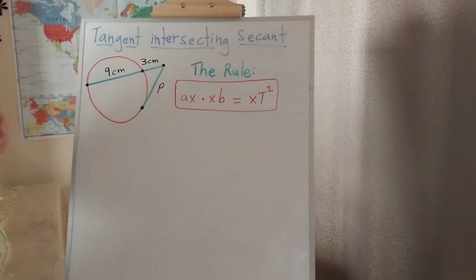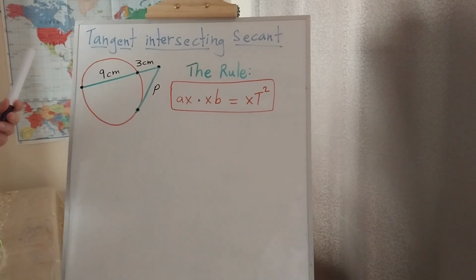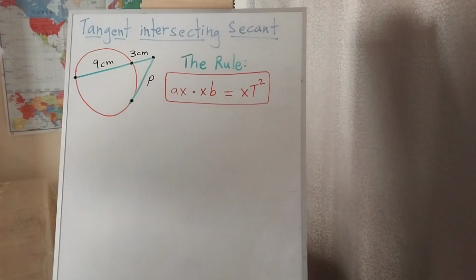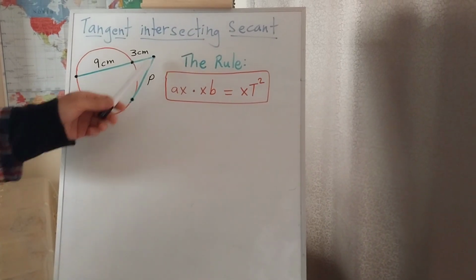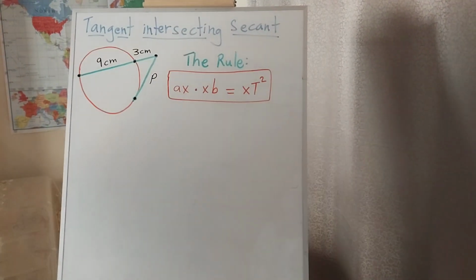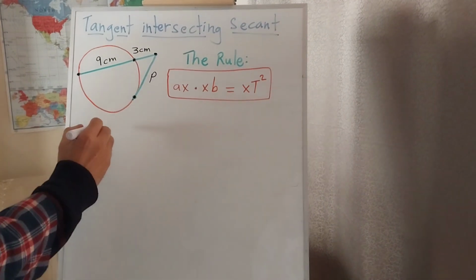So in the previous two videos we looked at a chord intersecting a chord and then a secant intersecting a secant. In this one we have a secant intersecting with a tangent. Now we will straight away go to an example,